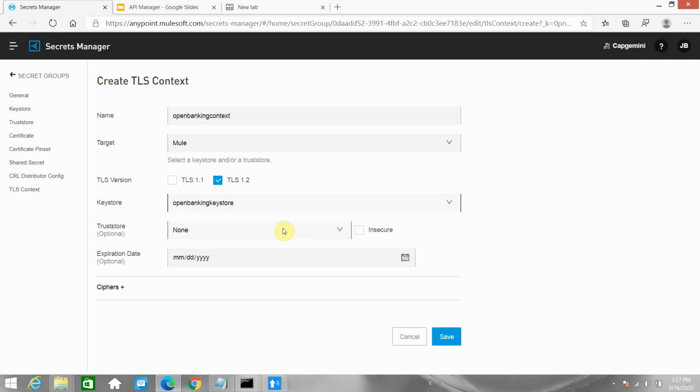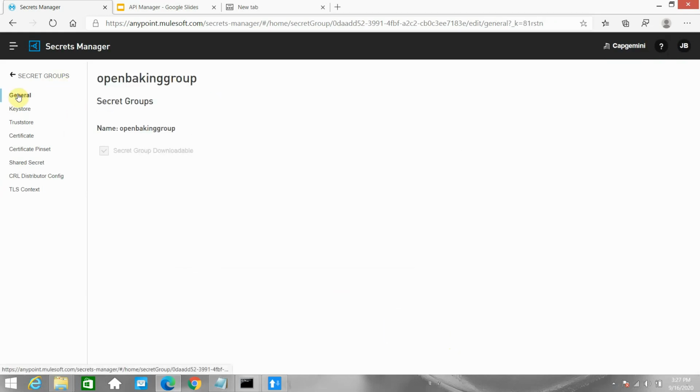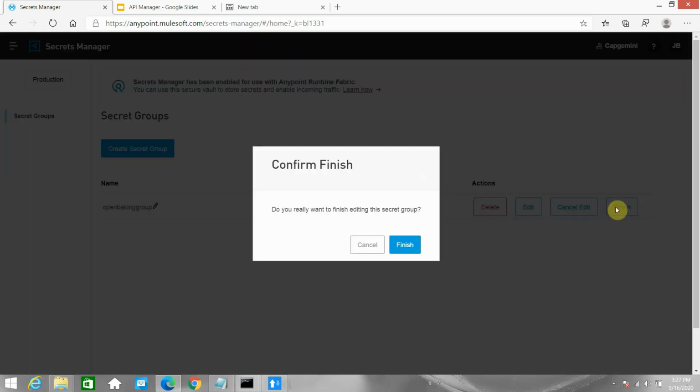Truststore we don't require because we are enabling SSL on our HTTP listener. We require the truststore when we are sending requests outbound to any third party. Expiration, we don't require. Save it. Now go to the secret group and just say finish.